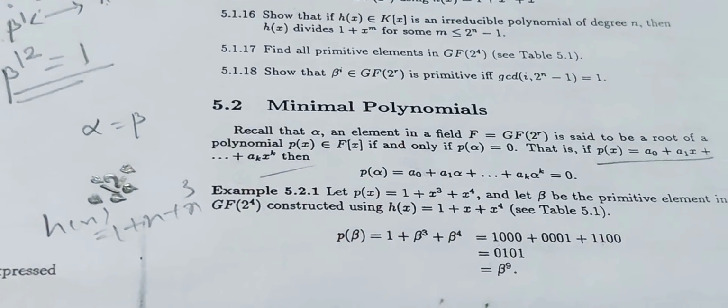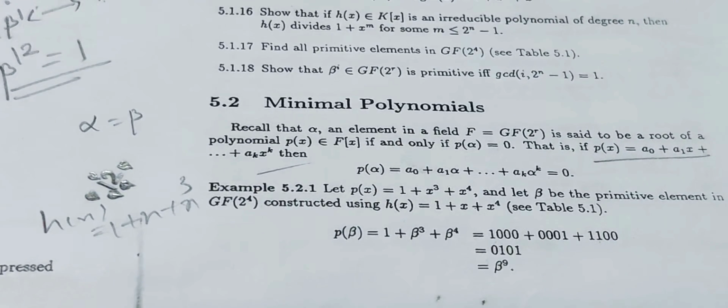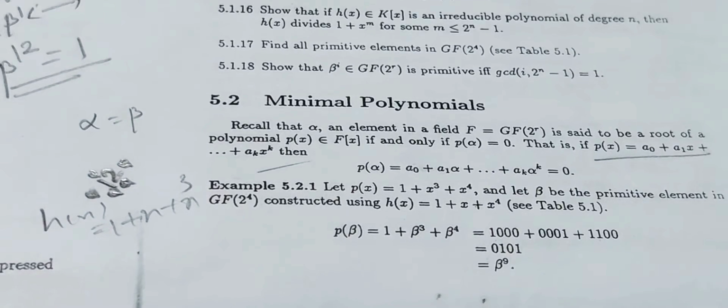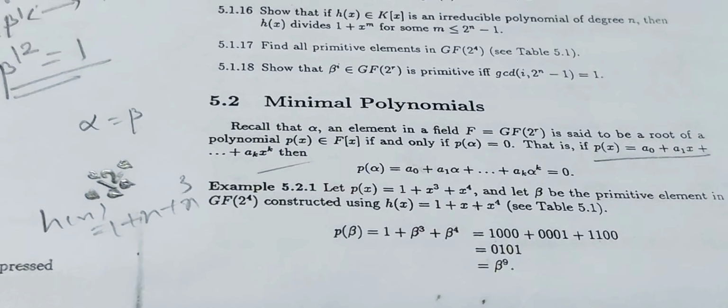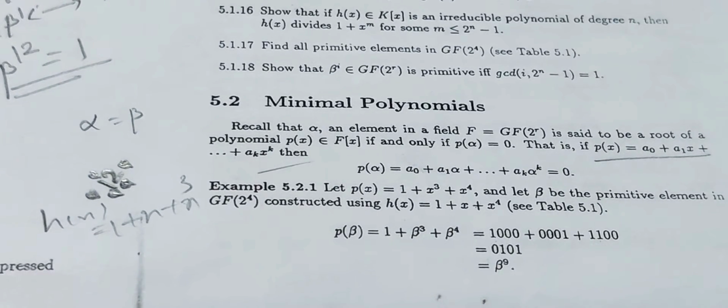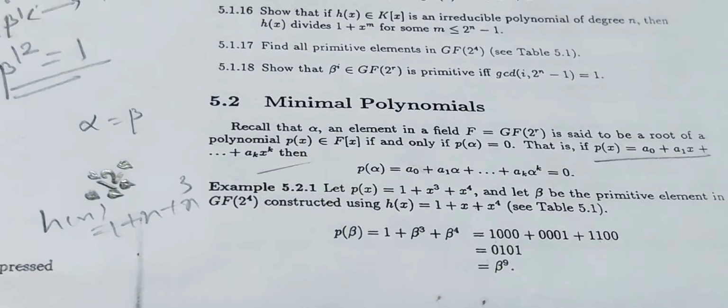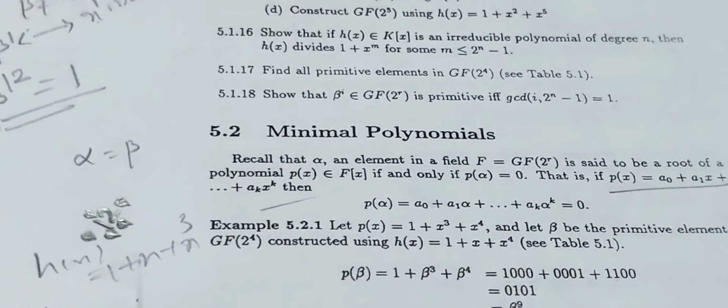So what is a minimal polynomial? Minimal polynomial means its degree is less than the degree of the other polynomials. Whichever polynomial has the least degree, that is the minimal degree. So the definition is